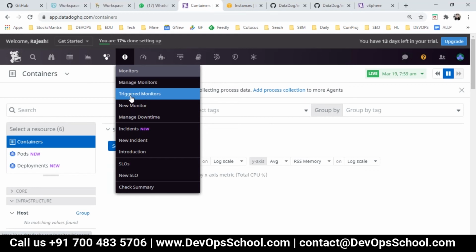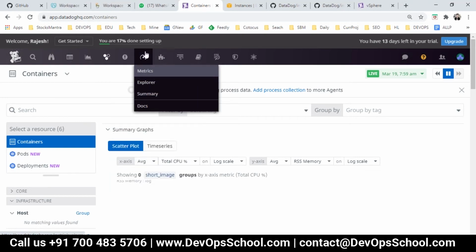When we say triggered, that means the conditions are met. You can set up a new monitor so that when it gets triggered, we generate an incident, on which our operations team works. You can also manually create an incident, and SLOs and stuff like that. This is the place, metrics.